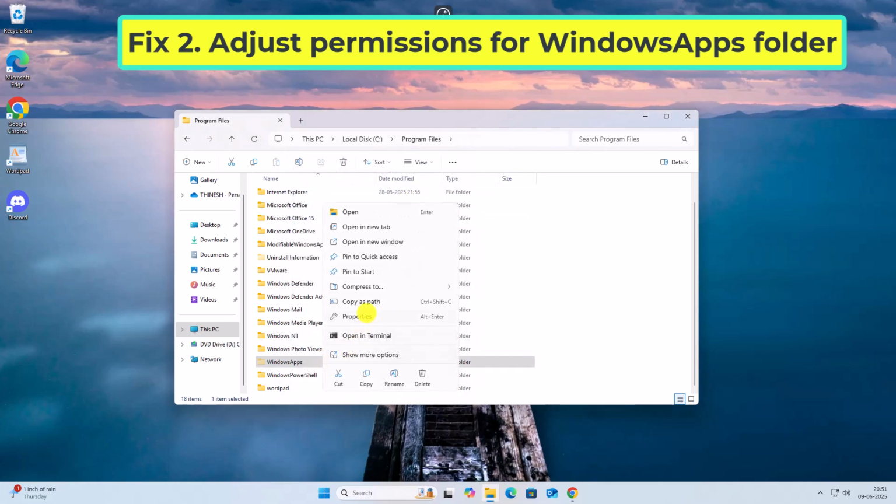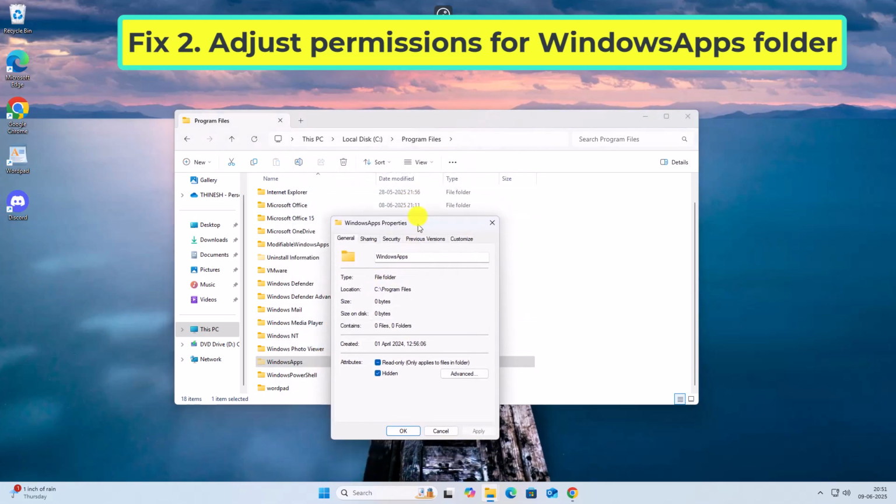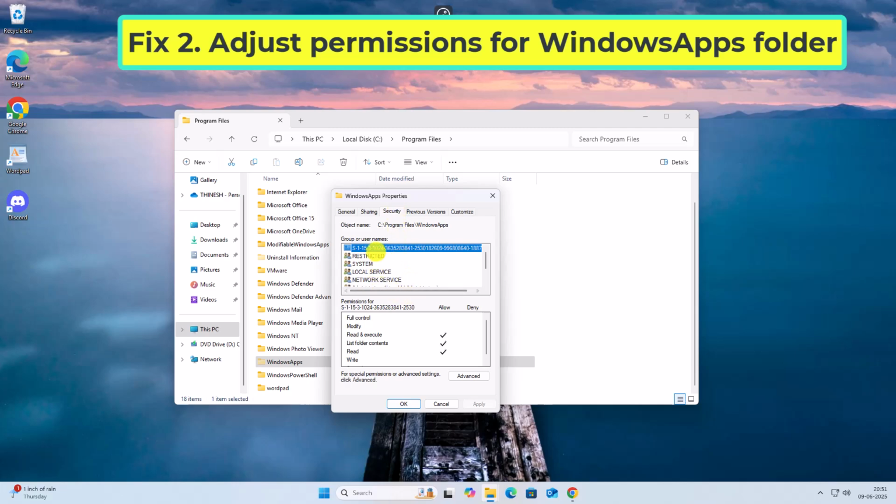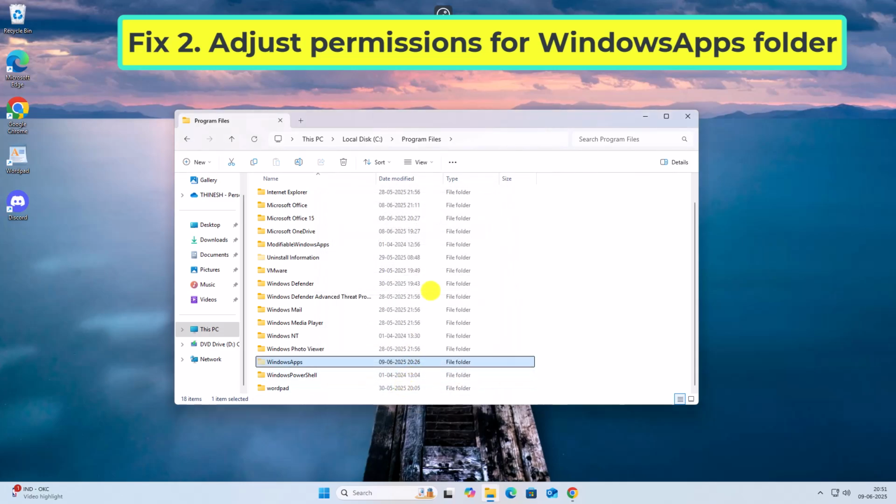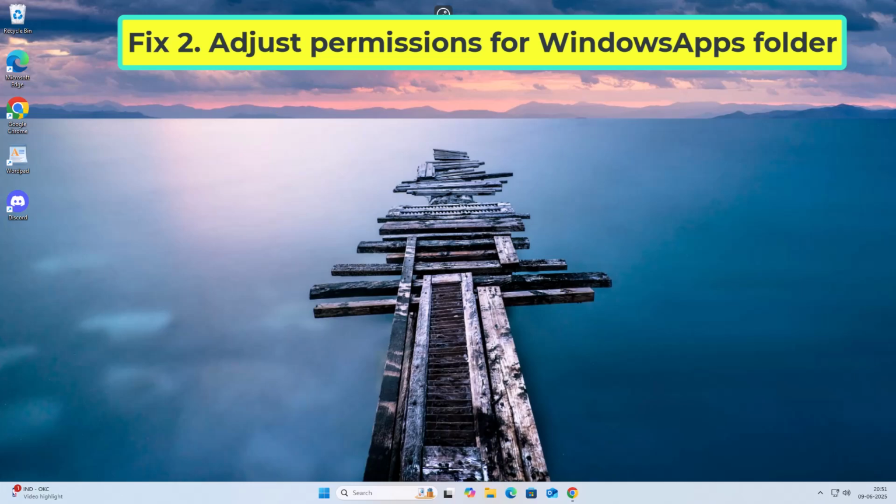In the Permissions tab, make sure your user account has full control. Click OK to save your changes. If that didn't work,